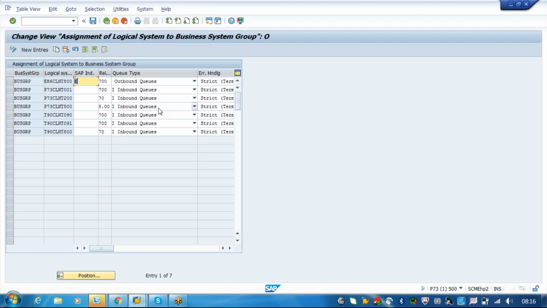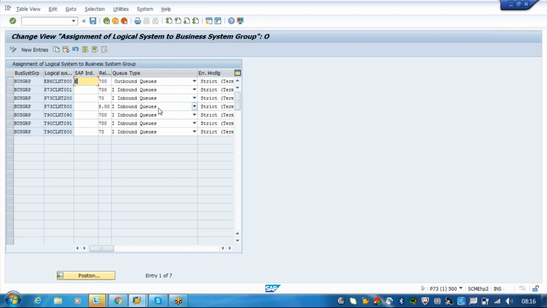It will be failed at your ECC level. So again, you have to look back at which objects failed and resend. Instead of that, with QRFC, whatever data you are sending, even if the TM system is not able to receive it, it will be stored in queues in the TM system or in the plugin. Once the TM server is up again, it will be sent from the queue to the TM system. So that is the main purpose of these queues.